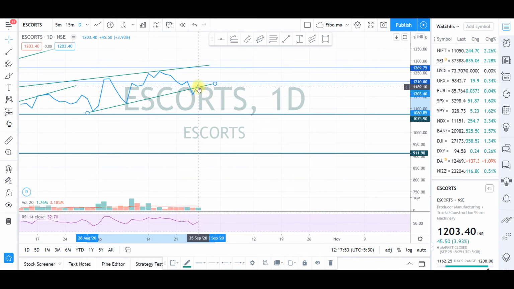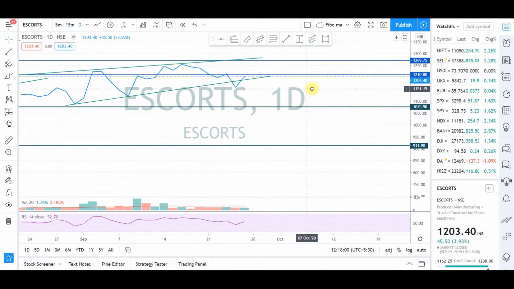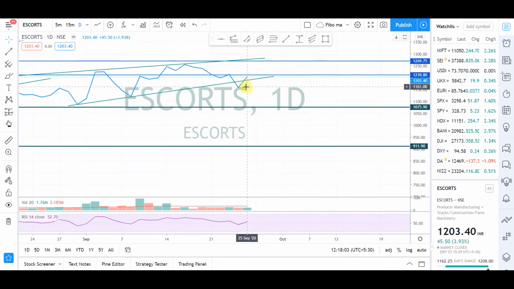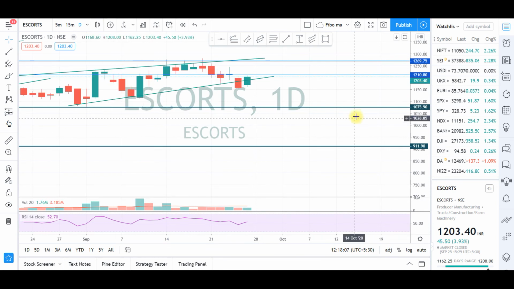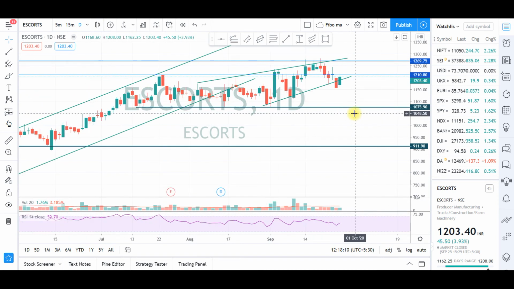What I'm going to do is let it retest. Let it sustain at this point, and if it is not able to sustain, then I will go back and short it. Now the same thing we will check on the candlestick patterns. Whatever we plotted here, the same lines have come. Now we know what the levels are. It has given me a breakdown, and then it is giving me another movement here.